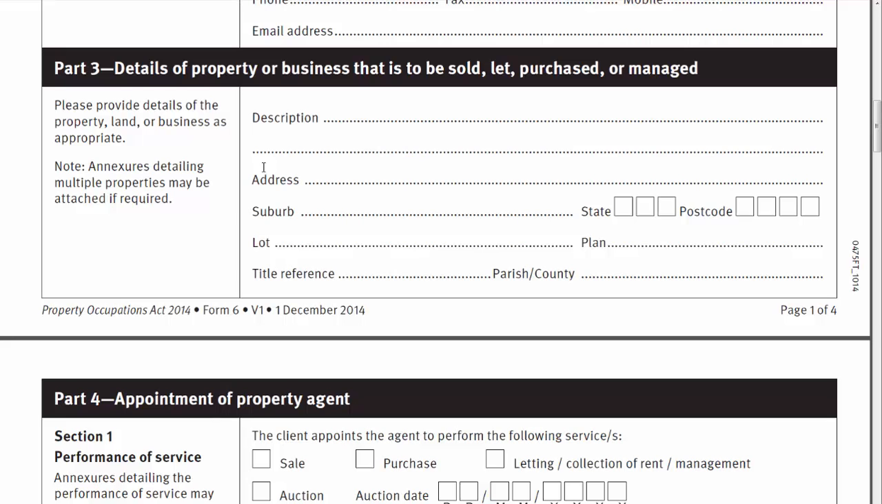Next is the details of the property or business that is to be sold, let, purchased or managed. Here the description will be either the description of the property, land or business, and what type of property it is. So you might say residential property, including the house located on the property. That's just an example, and there are many ways to be right on that kind of information. The address of the property, we just make up a 123 SMS Way,